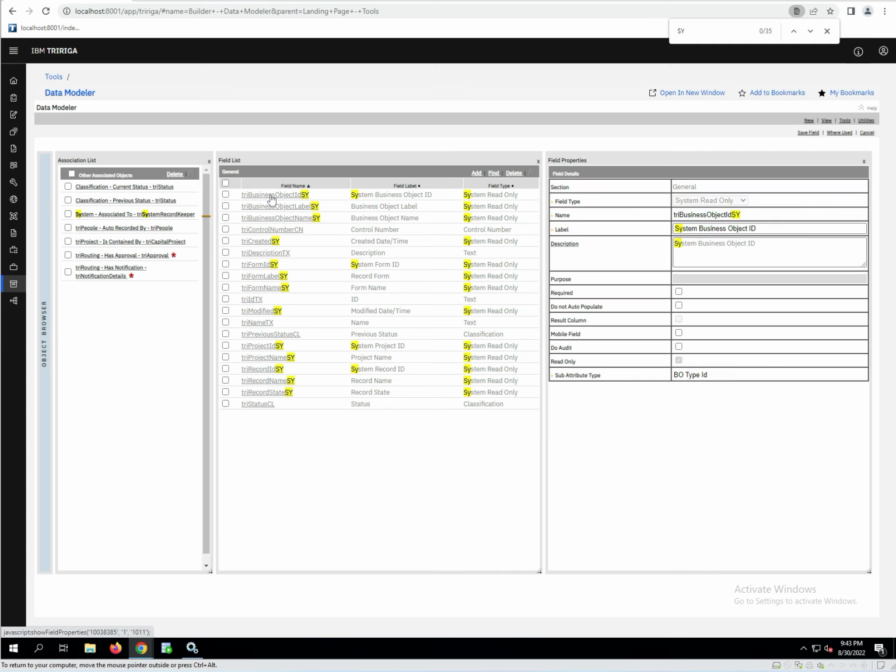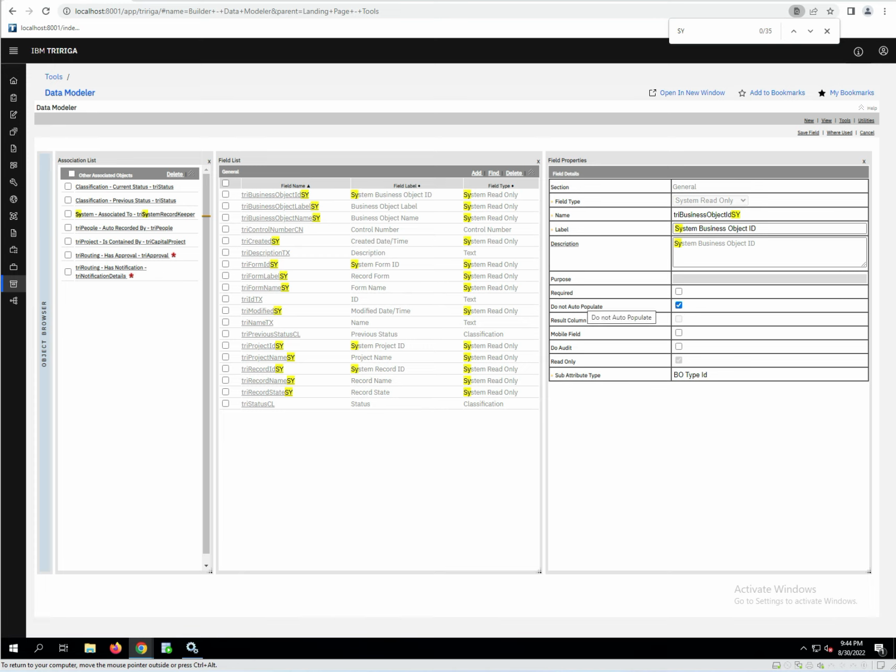Each field has properties. So if I click on the field, I'm going to see its properties. And depending on the type of the field, the number of properties will change. One field property that's the same everywhere is this "do not auto populate." What this particular property does for us is it says that if this field, when this record is very first created, doesn't have a default value, and this checkbox is not checked, then